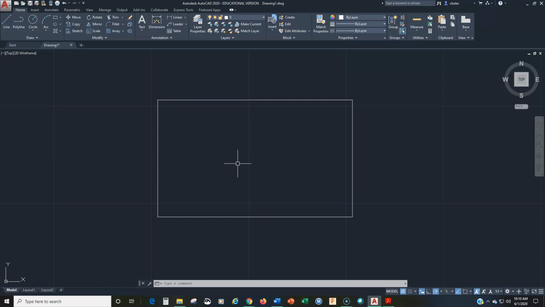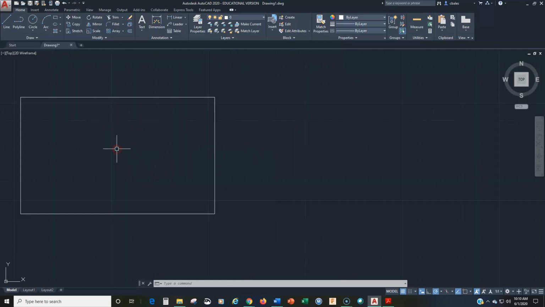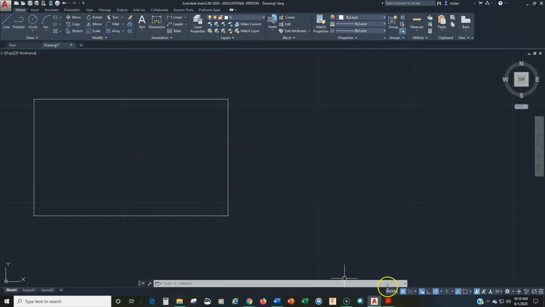It's probably faster than the rectangle command when you factor in the fact that you're going to have to explode the rectangle command in order to get access to the individual lines. Okay, so we have that in there. One other way that we can draw this, let me just move this to the side, is instead of